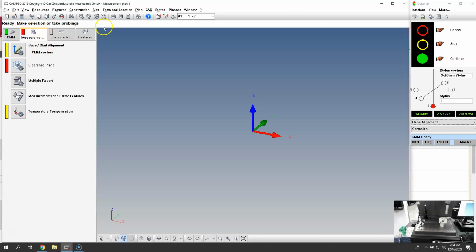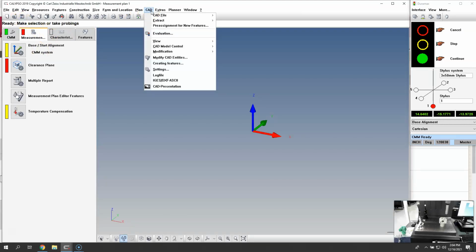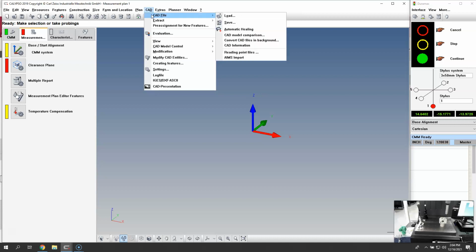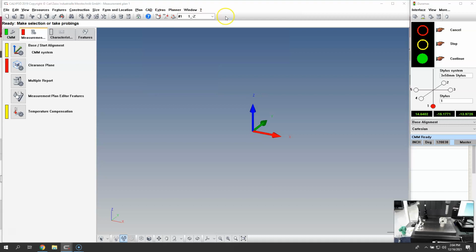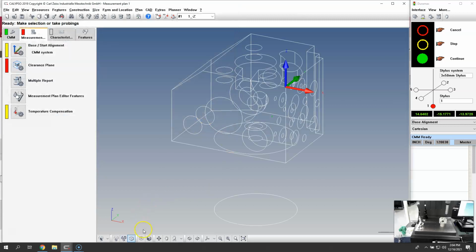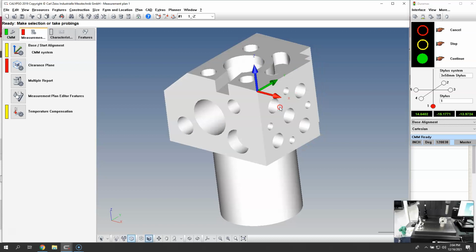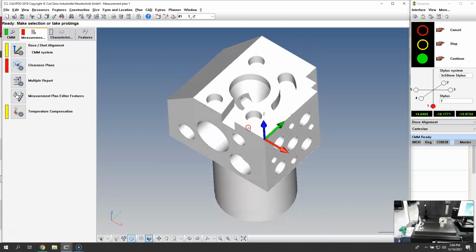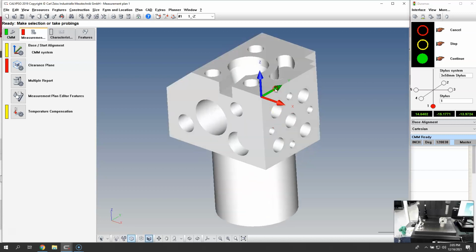And this really isn't required for this, but I'm doing it just for the sake of the video. I'm going to go CAD file and load, and this is really just to allow you to have a better visual of what I'm clicking on. So I imported the CAD model, and notice that the origin comes in at the location that I mentioned here. We want to touch off to the top, the right side, and then the front, and that will put our